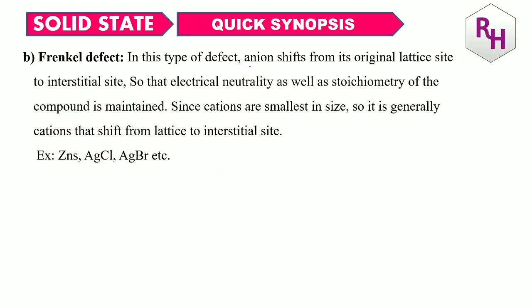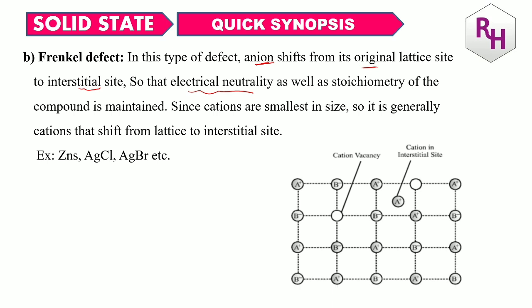In this type of defect, cations shift from their original sites to interstitial sites. Here also electrical neutrality remains the same, which means stoichiometry remains the same, right? See the example. Here you can see a cation supposed to be present here is shifted here because there is a space, there is a void. This dislocation of cations from their original sites to interstitial sites is called, remember, Frenkel